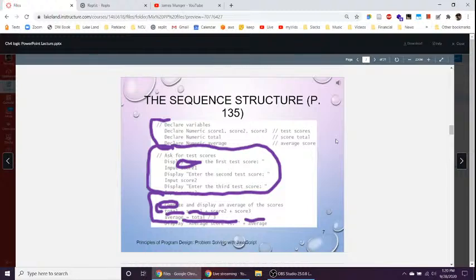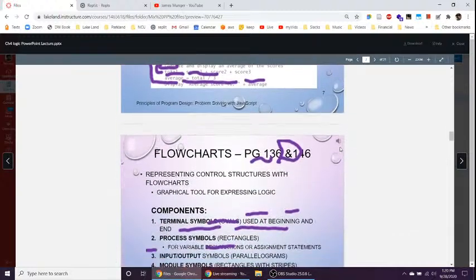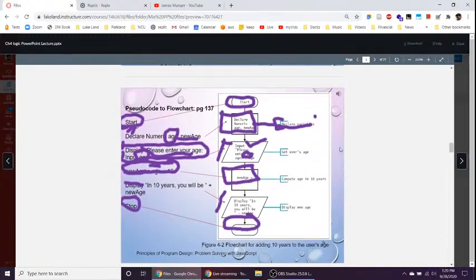It's also called procedural. Basically, it's a list of directions, and it just always follows the same path. All right? And so when you introduce if statements,